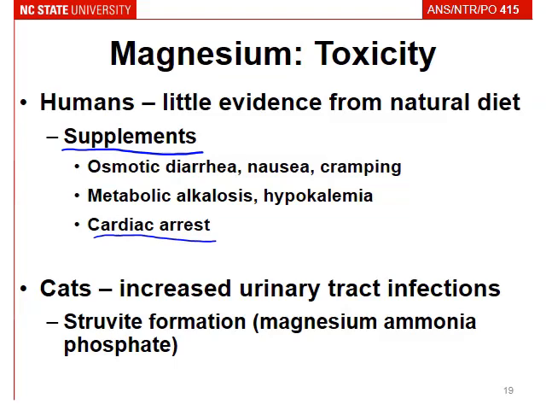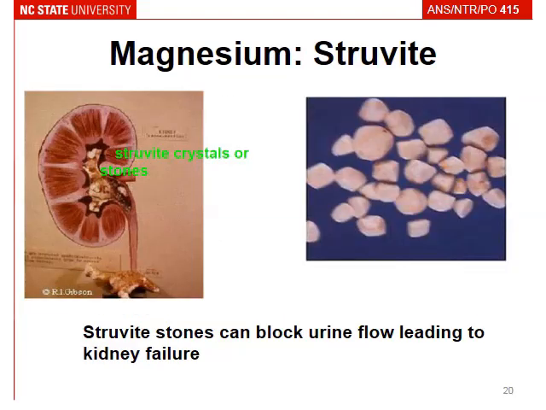Cats can have increased urinary tract infections, and this is because of the struvite formation. So you have magnesium, ammonia, and phosphate stones that form within the kidney, and it blocks the ureters and is going to result in urinary tract infections. So here we have some pictures of our struvite